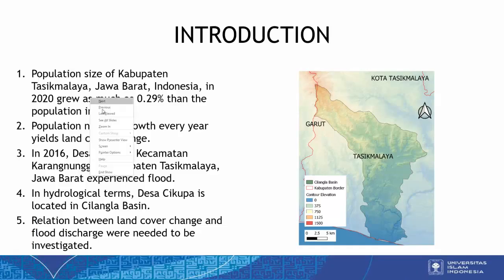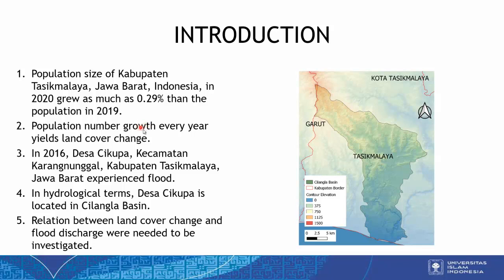For the introduction, the population number of Kabupaten Tasikmalaya, Jawa Barat, if we compare between year of 2020 and 2019, there was improvement as much as 0.29%. As the consequence, because of the population number growth, more people need settlement. The consequences are the size area that has a capacity to infiltrate water will plummet, while the size area that does not have capacity to infiltrate